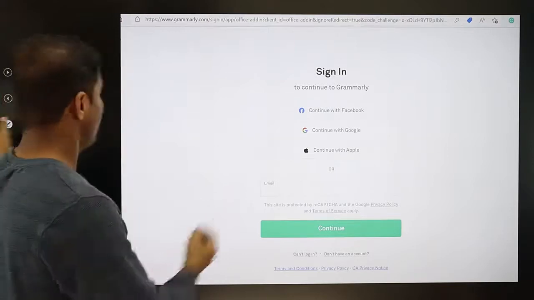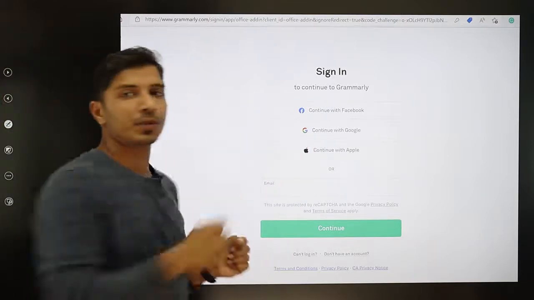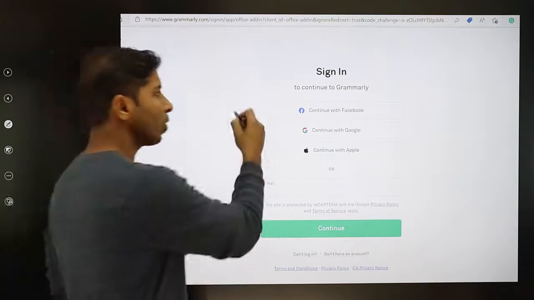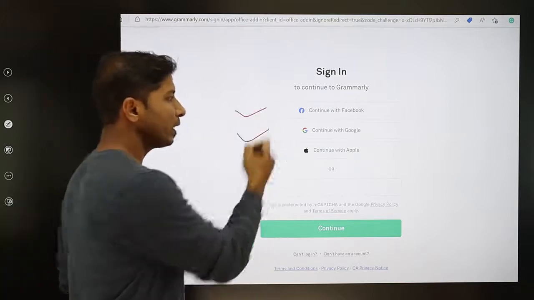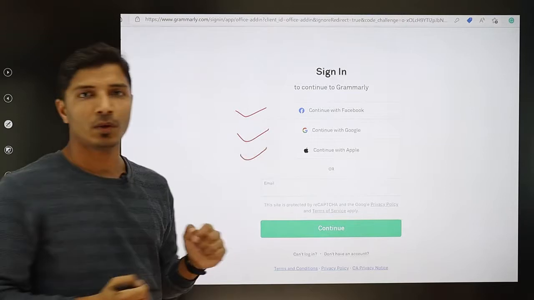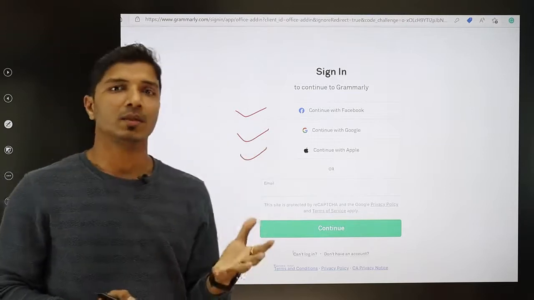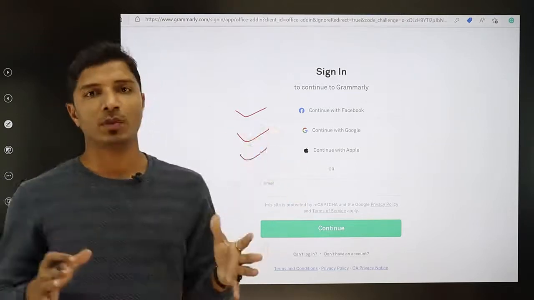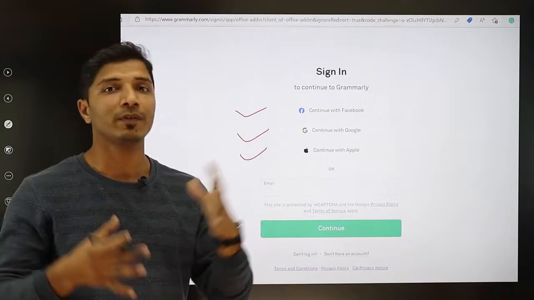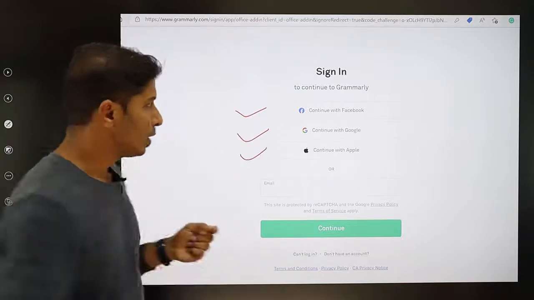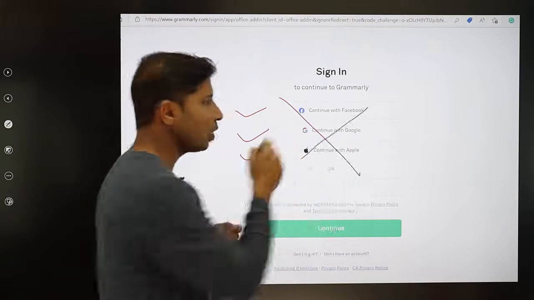Here again there will be several options through which you can log in. You can log in with Facebook, continue with Google, or continue with Apple. But if you have created your own login ID and password, or if you have taken a subscription, then you need not go for these three options.